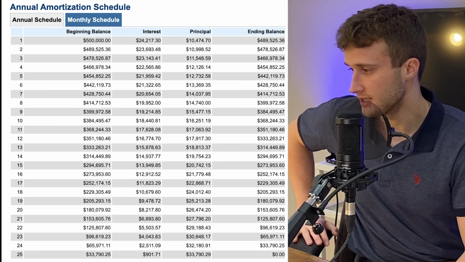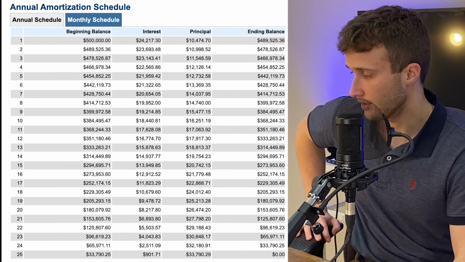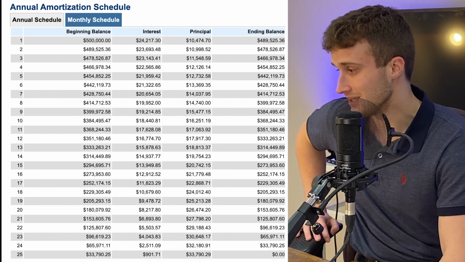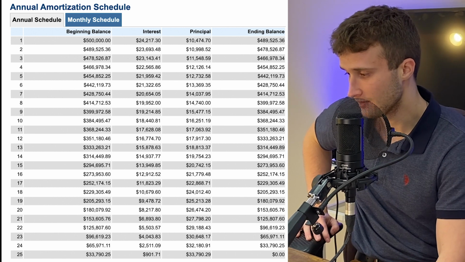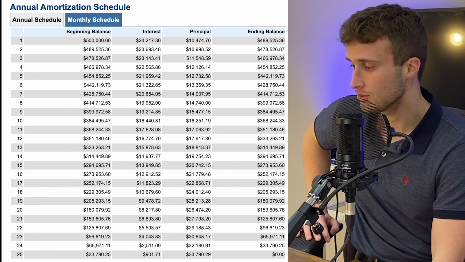So here's the amortization schedule that shows it year by year. In year one, you're paying $24,000 towards interest, and only 10 of that is going towards principal. But if you look down at year 25, only $900 of that is going towards interest and $33,000 is